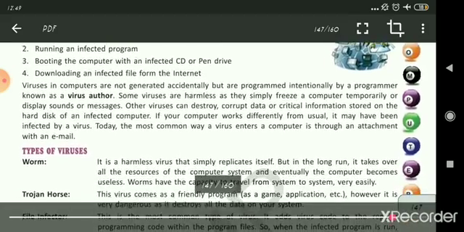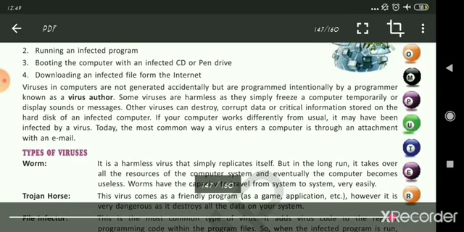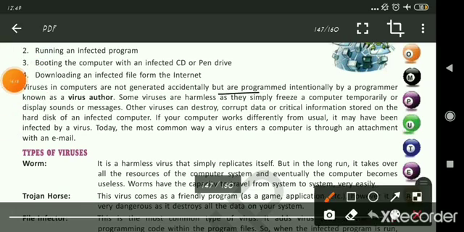Viruses in computers are not generated accidentally, but are programmed intentionally by a programmer known as virus author. Remember this? They are not generated accidentally. A virus is a program made by some programmer.